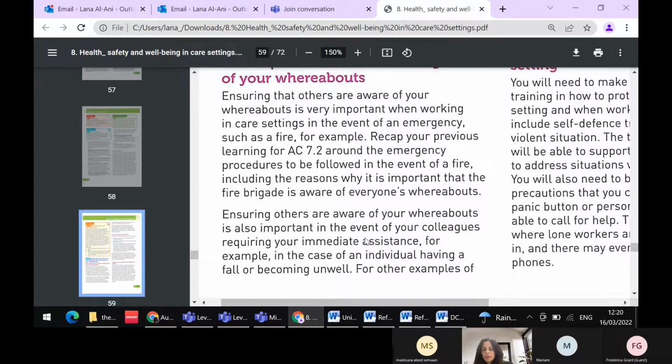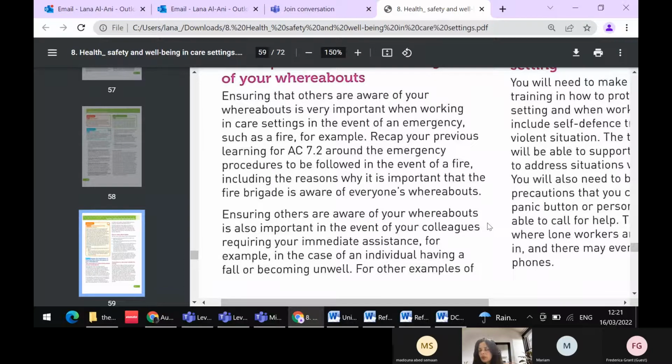If you are at work, you need to report to your manager. Also, if you need any assistance, let us say you're out with the client, taking her shopping, and suddenly you are stuck because the client has had an accident. She fell, or she hurt her back, and then you need assistance. You can't get assistance if you never told these people where you are. So you need to ensure that you always inform your manager or the supervisor where you are at that moment.